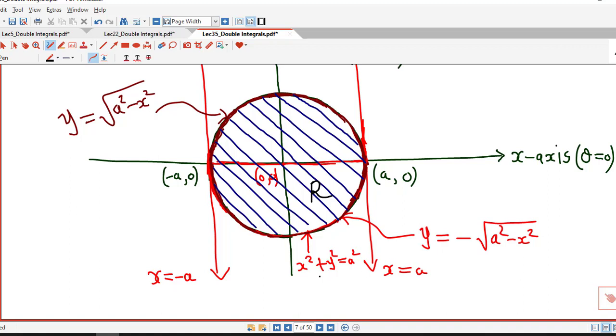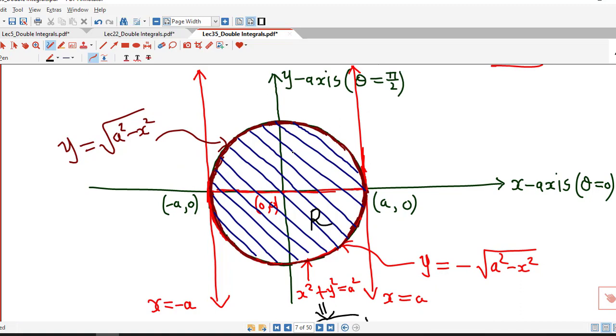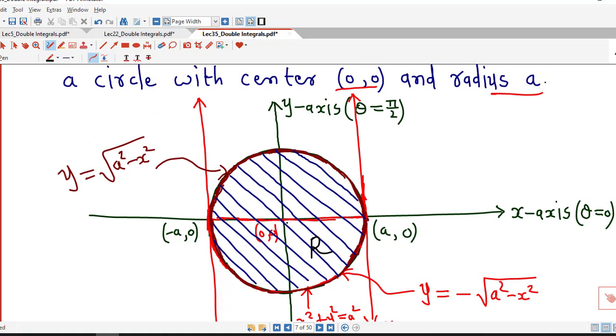And we know that if we consider x equal to r cos theta, y equal to r sin theta, this circle x square plus y square equal to a square has polar form r equal to a. So this is the circle given by r equal to a. Now to determine the limits of r, we consider a ray starting from origin and passing through the region of integration. So we can consider this ray in any part of the region, either in this part or in this part or in this part.